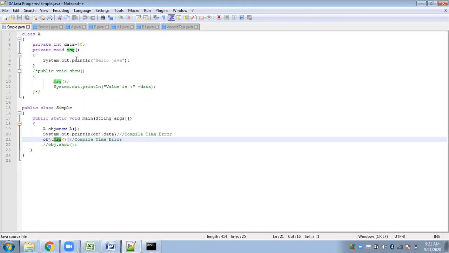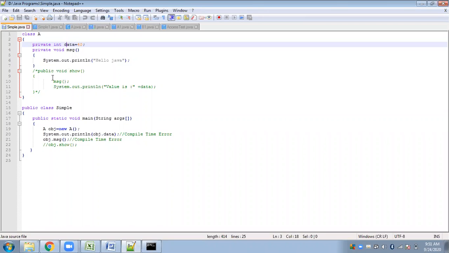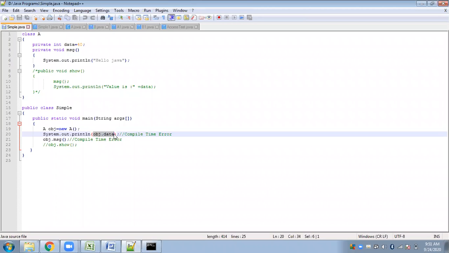Any member of the class can access this message or data. Any other class, in fact even the object of this class, cannot directly access this information. When we tried to access the data and message method using the object, both showed compile time errors.